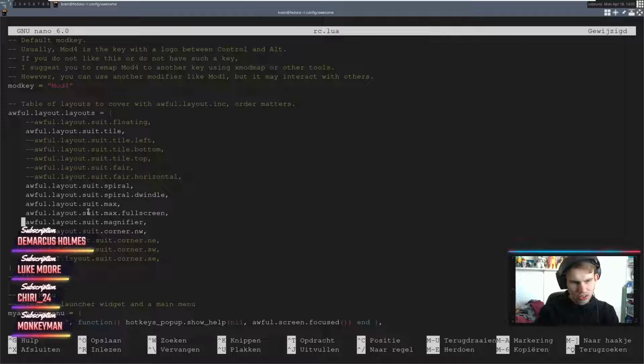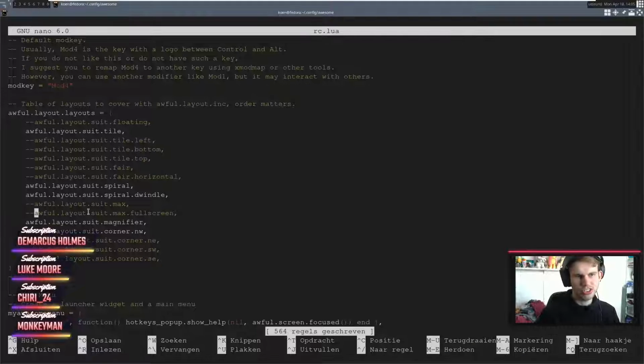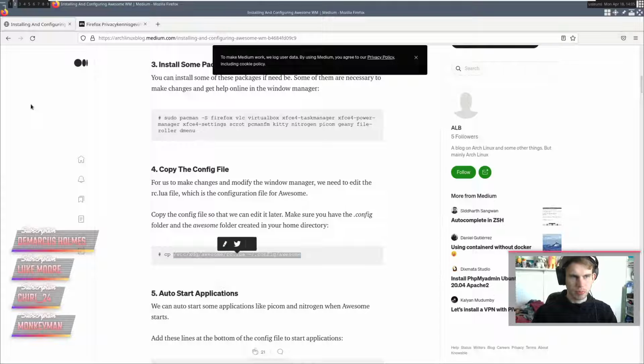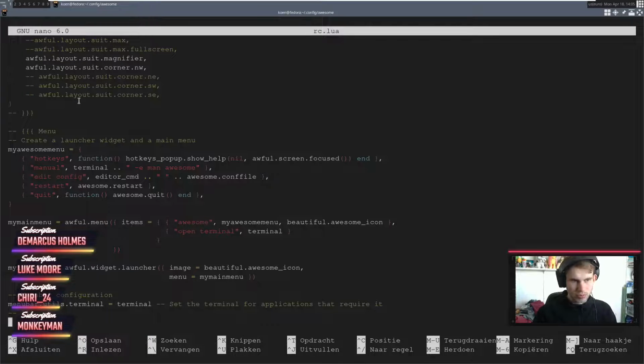And yeah, we're also going to blank out max and max full screen. The reason why is because when we do this, we get to have just these 5 layouts. So you can get tiles, you can get spirals and all that stuff. That is going to make things a lot easier for people who just want the tiling experience. Which I reckon most people will want to simply have just the tiles and not to have a bunch of garbage on there. Alright. So you have that.